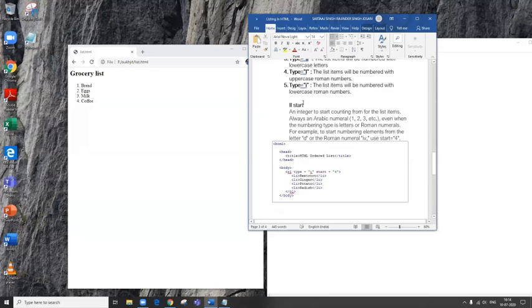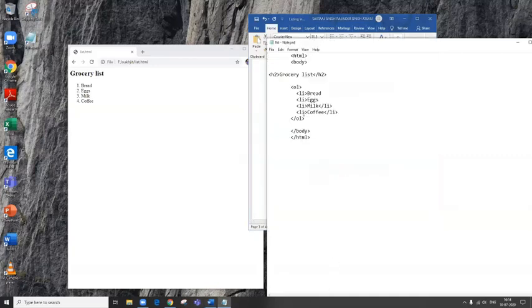It says that even if I want to show the list items as numbers, I do not want to show them starting from 1 or starting from A. I want to start from 11, let's say. For example, the example that we have seen is starting from 4. Okay, so let us copy this and place it here.